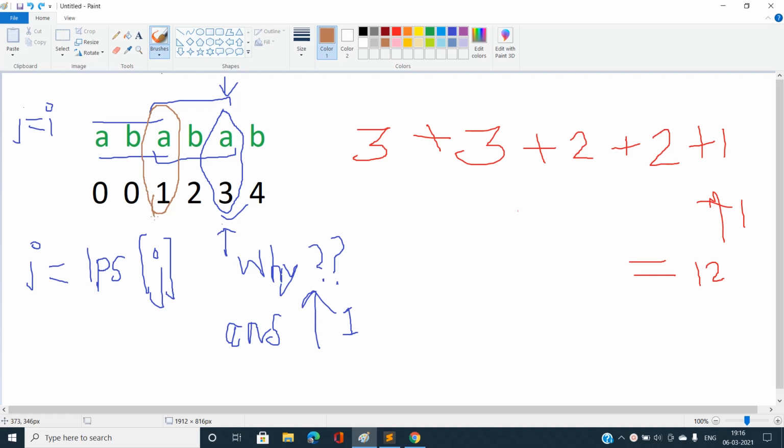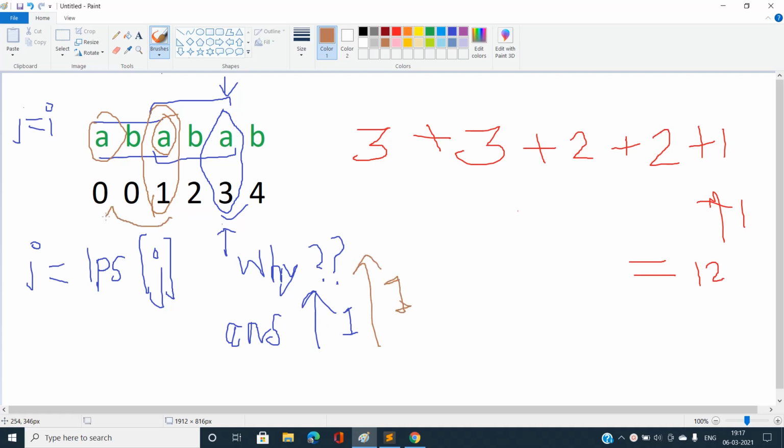Now at this pointer you can see j is still positive and LPS of j is 1, which is still positive, which is going to denote yes, I have a prefix which is also matching with this suffix, which states that yes, I have a substring that is matching with a prefix of length equal to LPS of j, that is 1. That is, you can see this A is matching with this A. So I need to increment my answer by again 1. And again I'm going to change my j pointer to this.